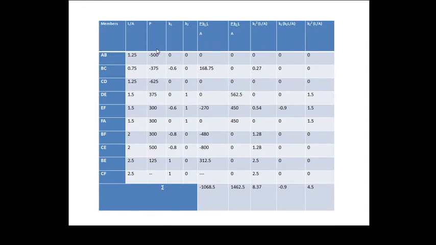This force will be calculated by two methods: one is method of joint or method of section, whichever you are convenient with from your previous semester or this semester. We can apply the method of joint or method of section to find out each member force. Okay, AB, what is the AB force? It indicates minus, that is compression. This plus 300 gives tension. Like that we can calculate it.